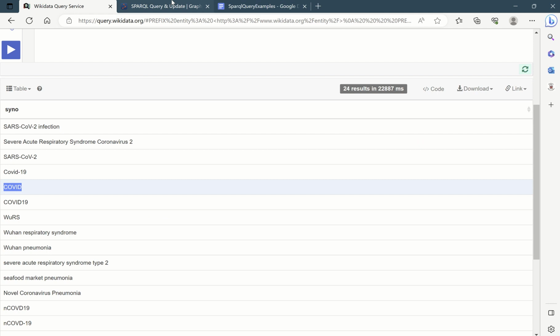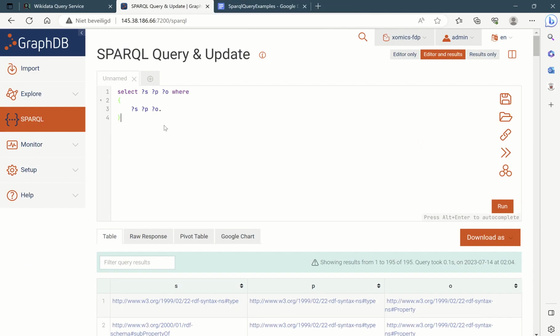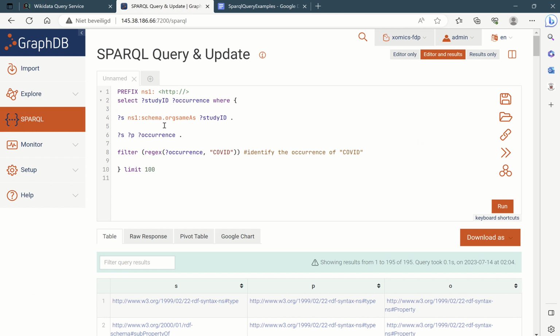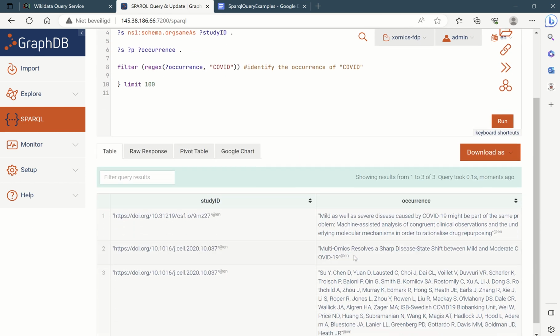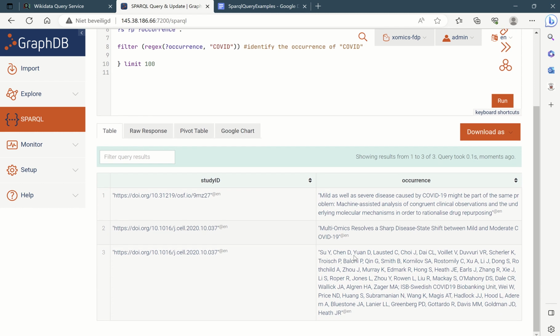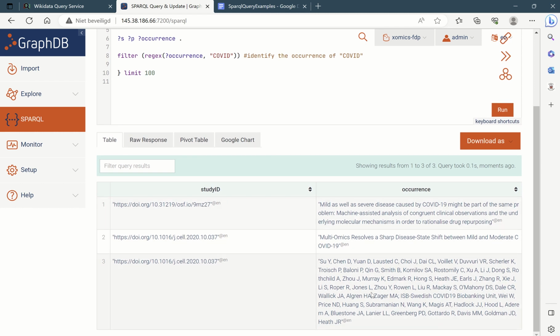Query into the box. Click Run button. So here we see a list of study IDs in which COVID or COVID-19 is mentioned.